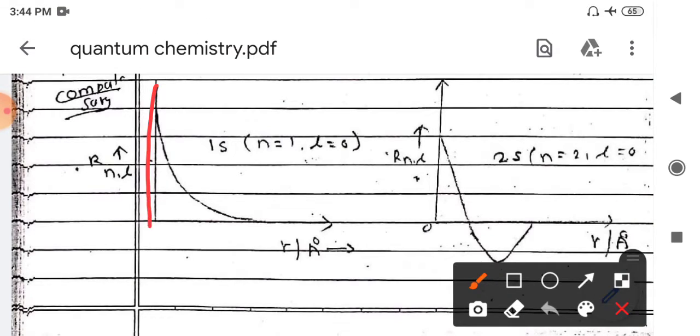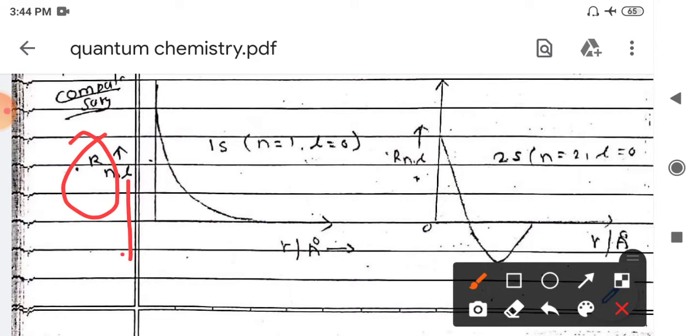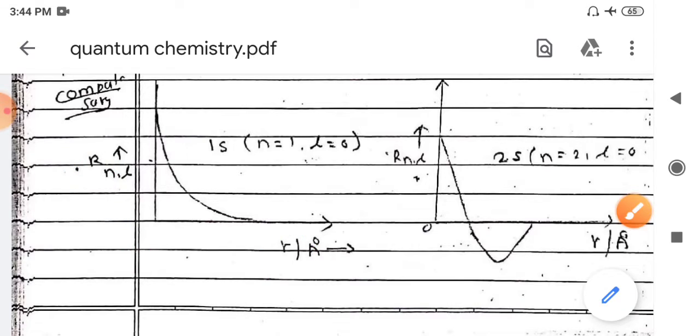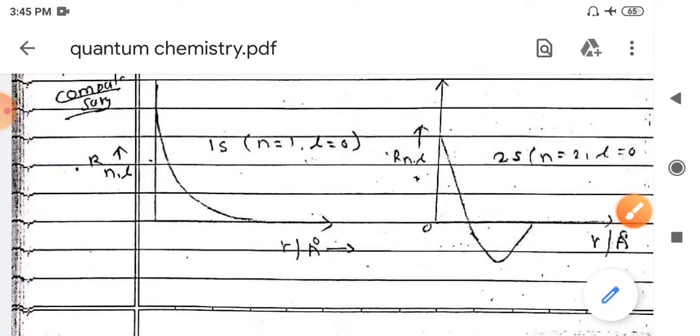Okay. So this is the y-axis where we plot the magnitude of R, which is a function of what? Principal quantum number and azimuthal quantum number, and small r is the distance between nucleus and electron. So for s orbital, or specifically 1s orbital, we'll get such a curve. Just remember that the curve will start from the nucleus, where the distance r is equal to 0, and at that point it is maximum. It tends to decrease as the distance approaches infinity.